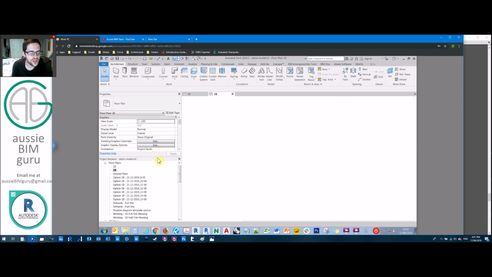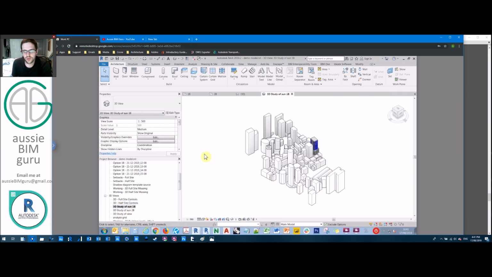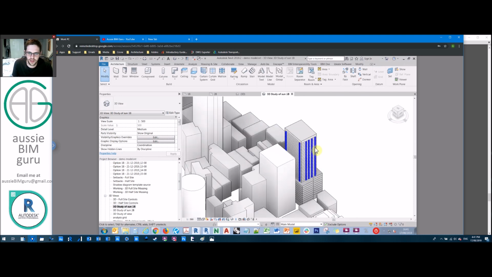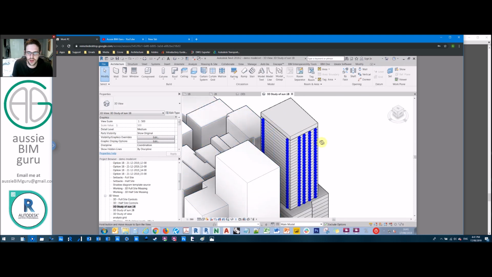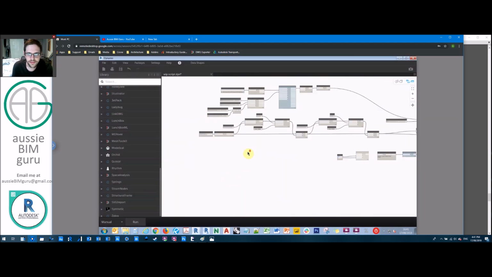So if we jump into 3D on my 1B study, which is my full site, you can see that I've limited the number of sensors we're dealing with just to the sides of the buildings with the living rooms. So I'm no longer dealing with 1,500 sensors, I'm dealing with about 200. Still quite a lot to process because we're going to be increasing the number of vectors that we need to sample. So if we go back into Dynamo to our script that we built in the last part,